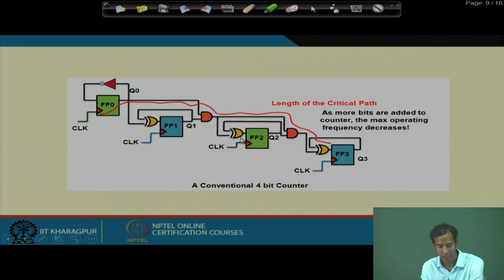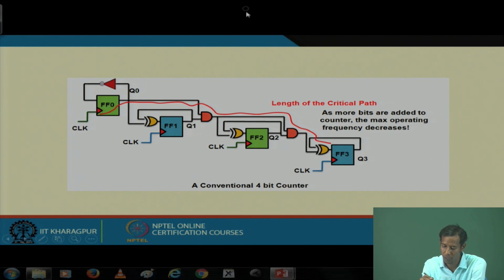So, this is the basic structure of one counter. If I consider the corresponding critical path, which is indicated by these red color paths, then for 4-bit I have the flip flop delay plus 1 AND gate delay plus 2 AND gate delay plus 1 XOR gate delay. If I increase it to 5-bit, I need another AND gate over here and an XOR gate at the very end. So, what will happen? The delay will increase by another AND gate.